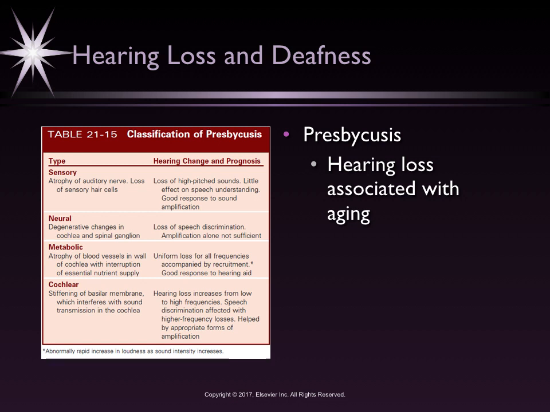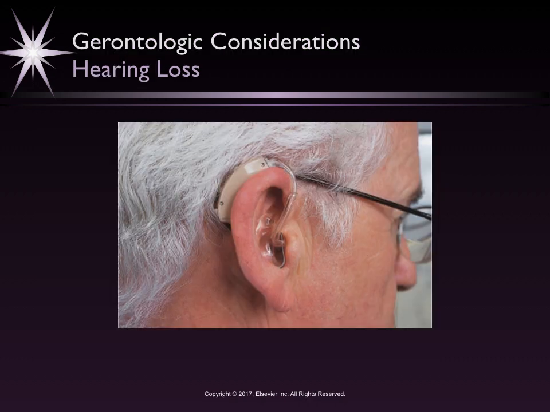It's related to degenerative changes in the inner ear, and noise exposure is thought to be a common factor. Often, more than one type of presbycusis may be present in the same person, and the prognosis for hearing depends on the cause of the loss. We talked a little bit about hearing aids. Sound amplification with the appropriate device is often helpful. In other situations, an audiologic rehab program may be valuable for them. The older adult is often reluctant to use a hearing aid